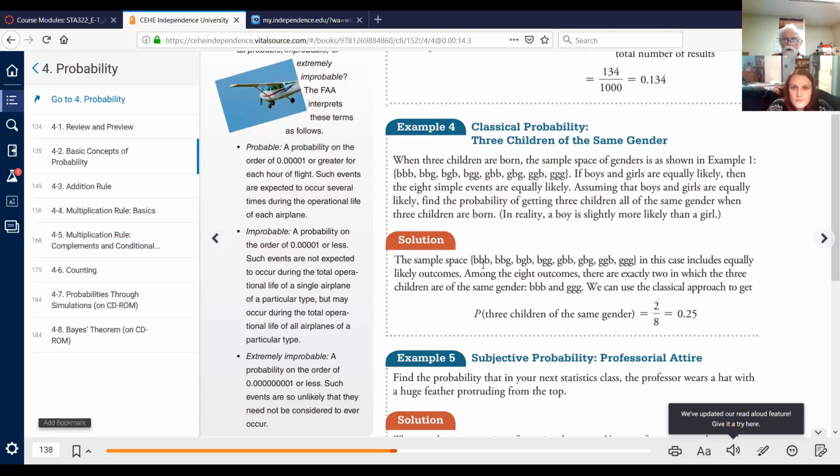These are all equally likely, because each birth has a 50% chance of being a boy or a girl, right? So each of these results is equally likely. But if we wanted to know how many of them would have all 3 children the same gender,